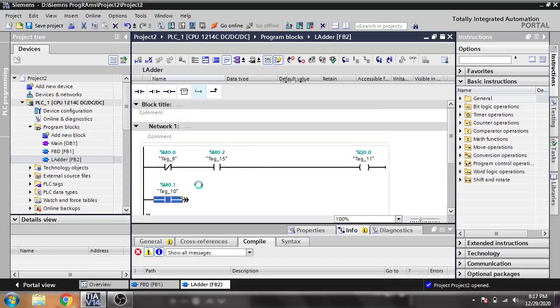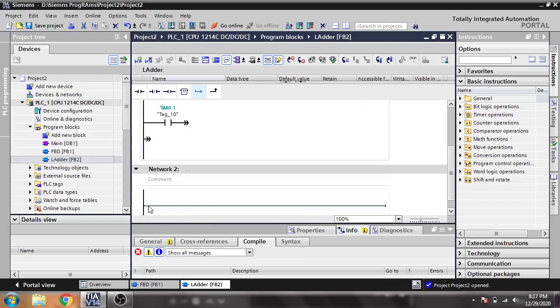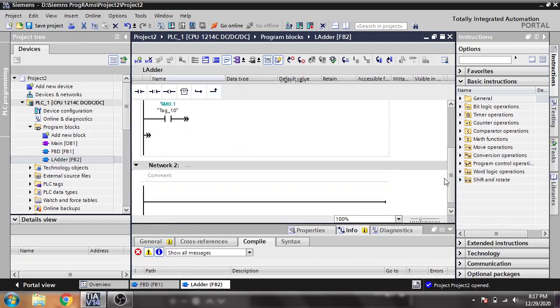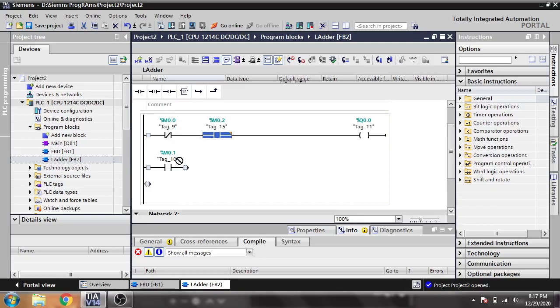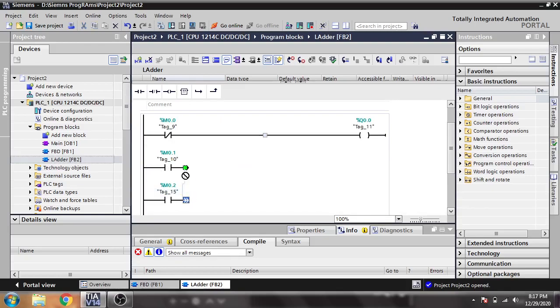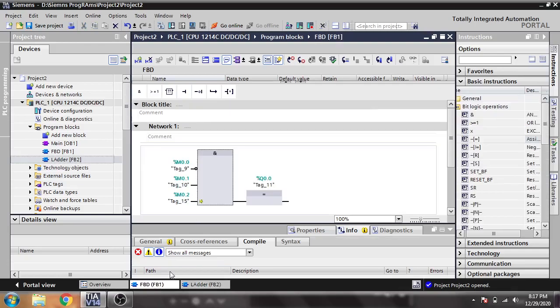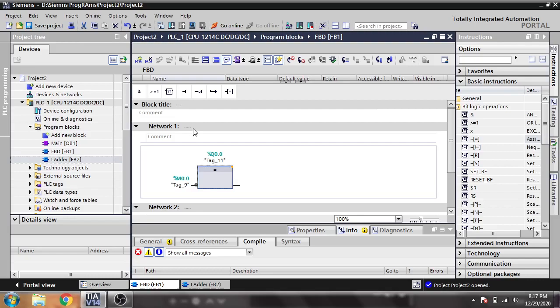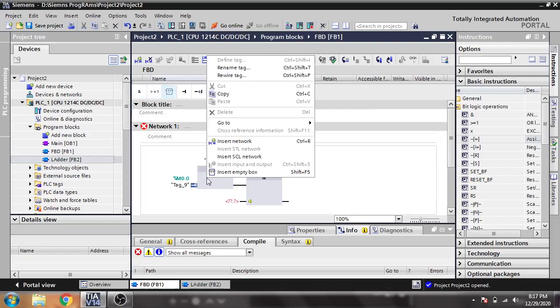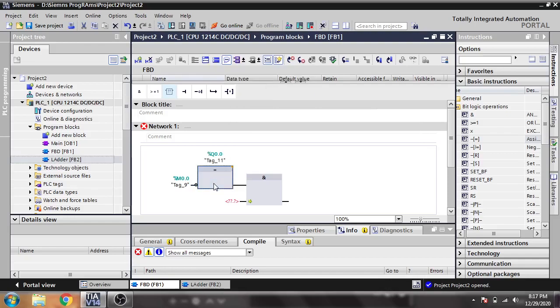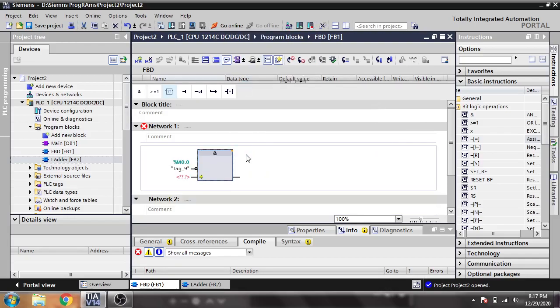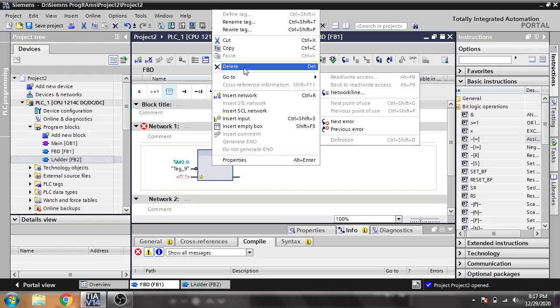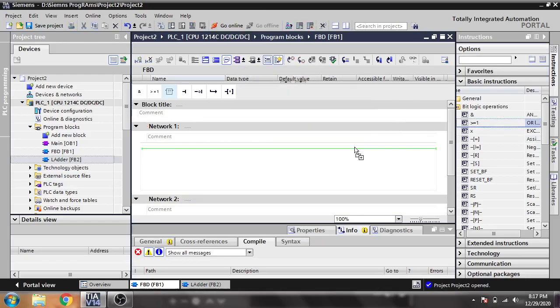I'm going to paste it there and drag it there, like that, and I'm copying that and that. So how do I create that in FBD? Let's see. I'm going to delete that there, and I'm using OR. So here is our OR.